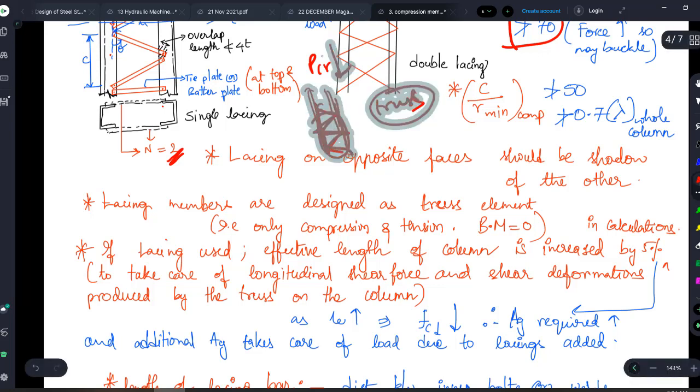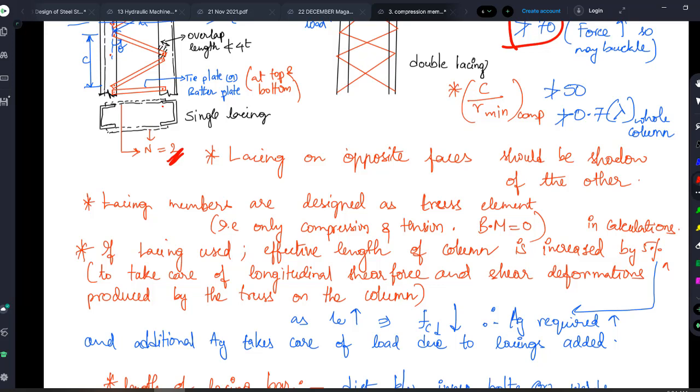Therefore to find out the exact load carrying capacity of my column, you need not worry a lot. You need not go into a detailed calculation. Blindly you can follow the IS code book. ठीक है, the code book का मतलब ये है ना, to make the concept easy for us. So the code book is saying, if you are using a lacing system, just increase my effective length by 5%. ठीक है. So what I am doing, let us say if there are both ends hinged, your effective length was 1 into L. But now if you are using the lacing in this column, take it as 1.05 times the length.